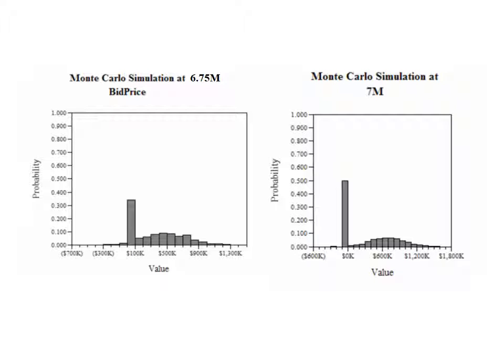Another way to evaluate this is to zero in on each individual choice, each individual bid decision on our part, and then to evaluate the probability of different outcomes. And so that's what this shows here. So imagine if we decided, sort of before the fact, that we were going to bid $6.7 million, and we were interested in understanding all the different possible outcomes of that. We could run a Monte Carlo simulation,